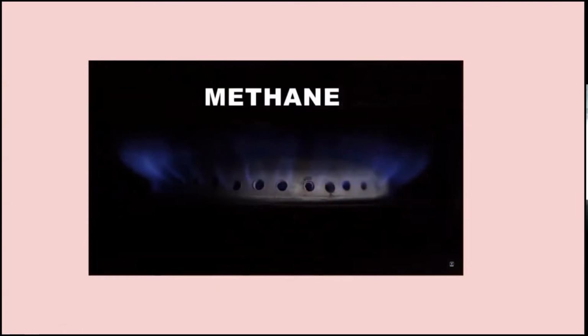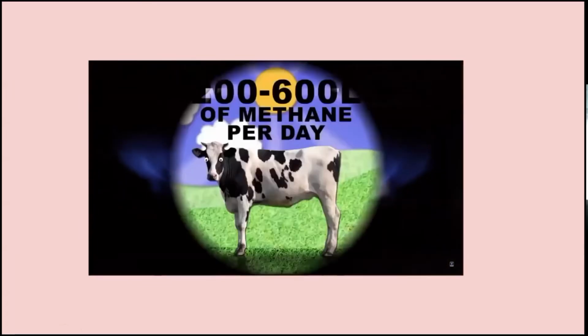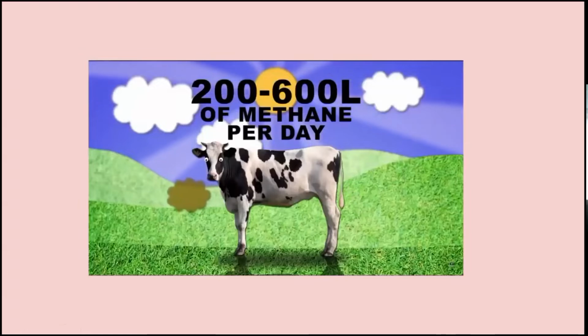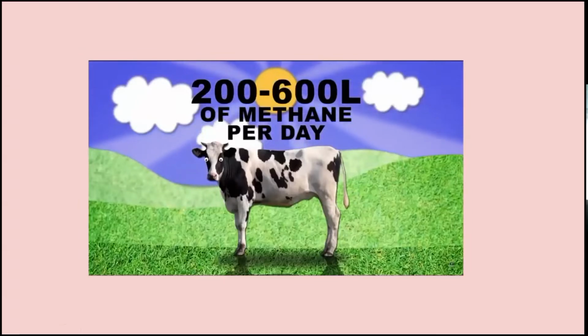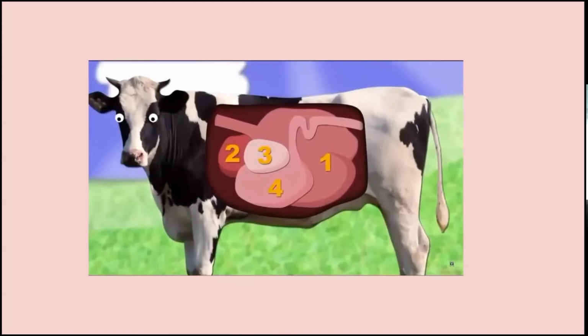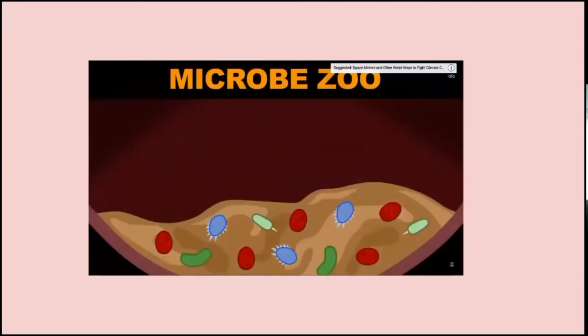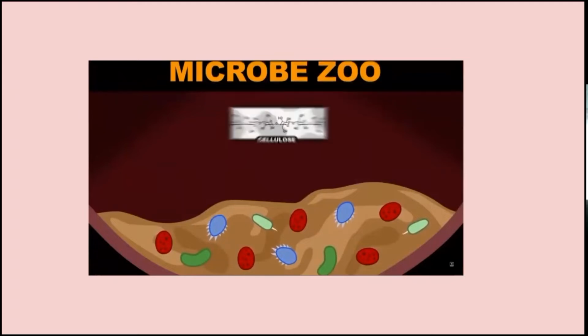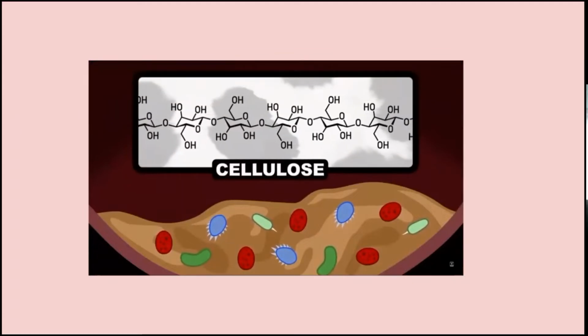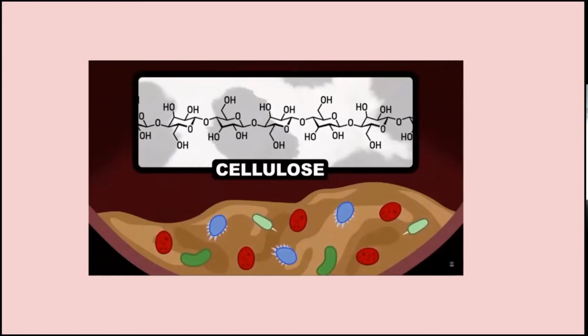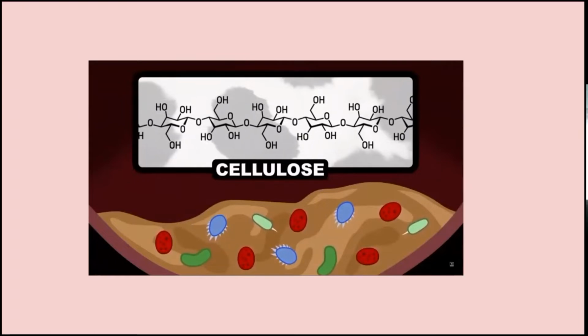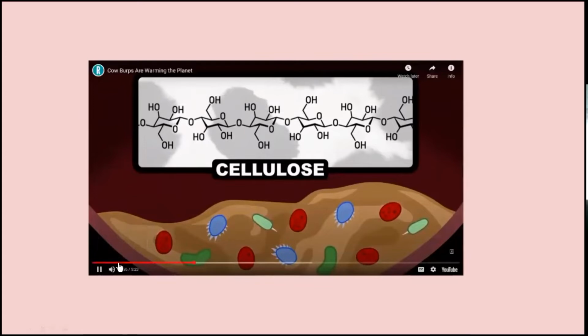Turns out the thing that exploded was methane, aka the natural gas you might use to cook food. And Bessie over here can belch up something like 200 to 600 liters of the stuff every single day. Methane is a product of the crazy digestive system cows have with 4 stomachs. Stomach number 1 is called the rumen, and it's home to a microbe zoo. From protozoans to archaeans, you can find practically every major kind of life in there. Why? Cellulose, the carbohydrate that makes plants tough and fibrous, is technically impossible for the cow to digest on its own, which is why it needs the help of all those little microbe friends.